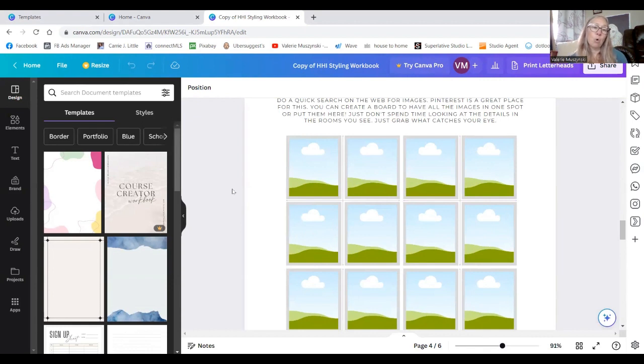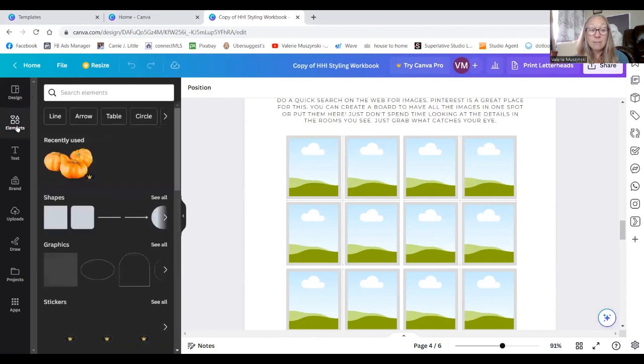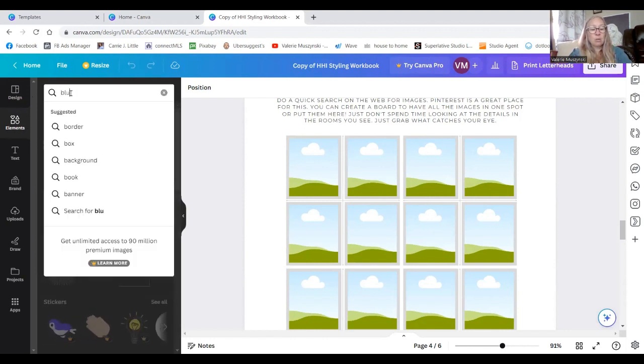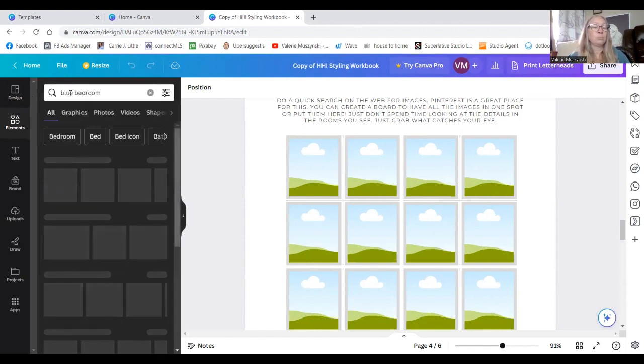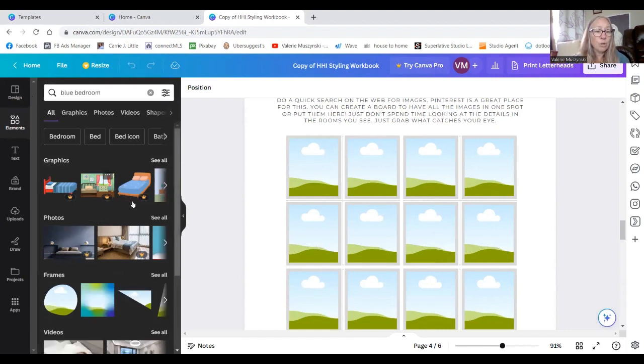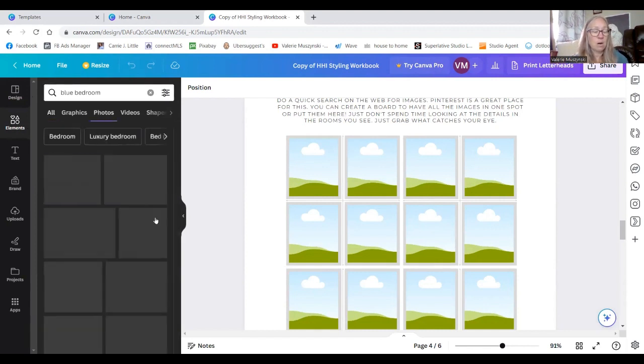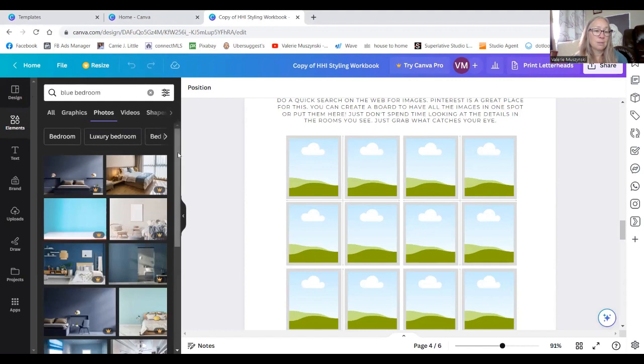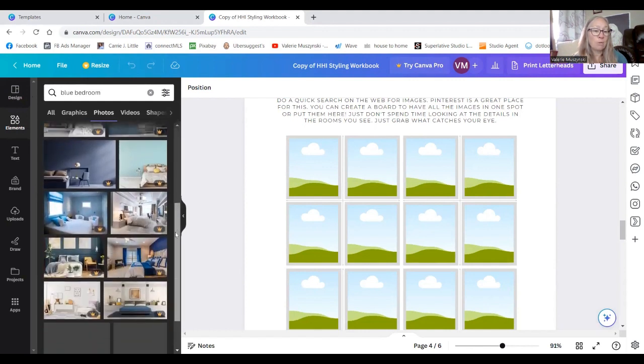And we'll talk about that a lot more in step 3, the design studio, and where we can go to find these inspiration pictures and what we're going to do with them. But really quick, I want to show you right here in Canva, you can find inspiration. So we're going to go over to elements like we talked about just a minute ago, and we're going to type in blue bedroom. We're going to go to photos, see all, and look at this, guys. Photo upon photo upon photo upon photo